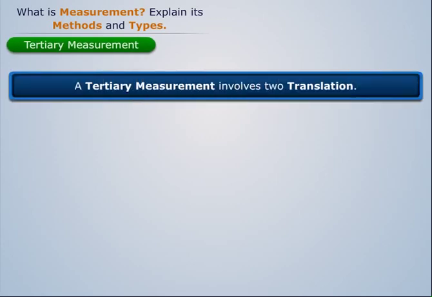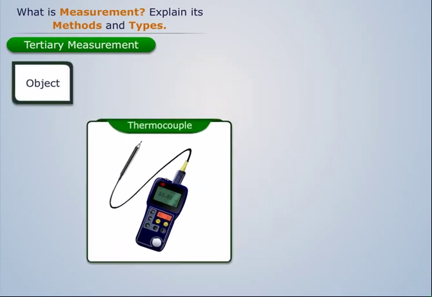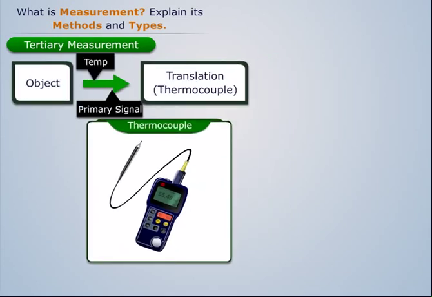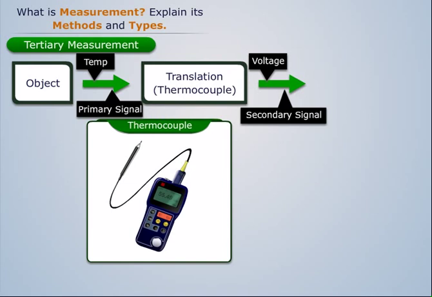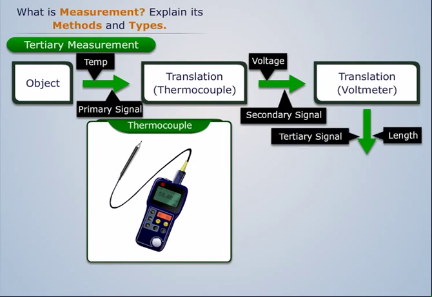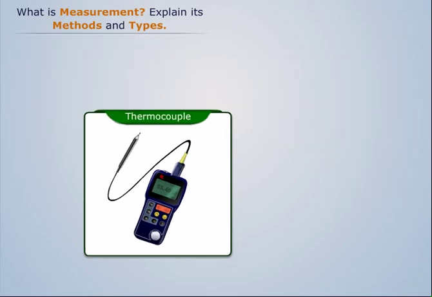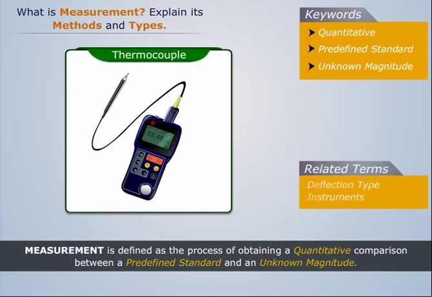The third type of measurement is tertiary measurement. A tertiary measurement involves two translations. To understand this, let us take an example of a thermocouple. In a thermocouple, the first translation is temperature to voltage. Then the voltage is applied to a voltmeter. Therefore, the second translation is voltage into length. The length change, which is the tertiary signal, is further transmitted to the observer's brain. Related terms are